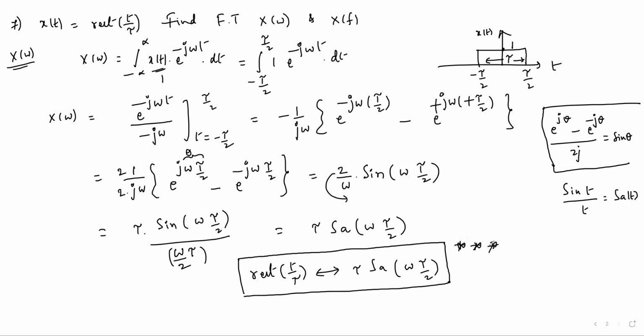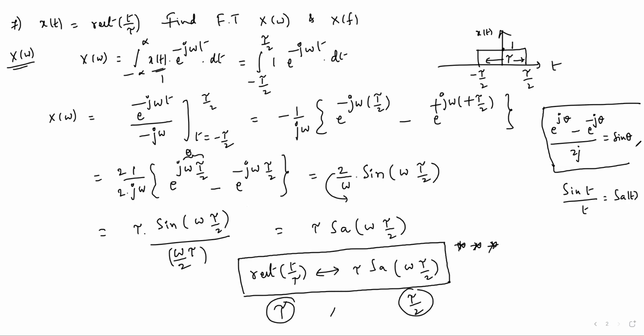So I have found X of omega for the signal. Try to find X of f for the signal, all of you. Here tau is there in time domain; in frequency domain, if it is X of omega, tau by 2 is there. Note this point, it will be useful in future. I hope all of you noted this.